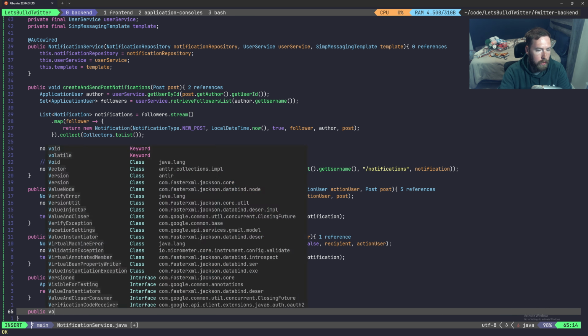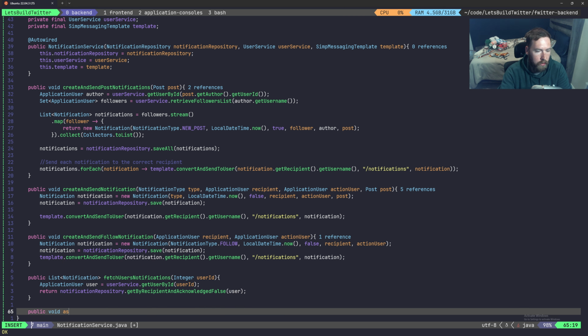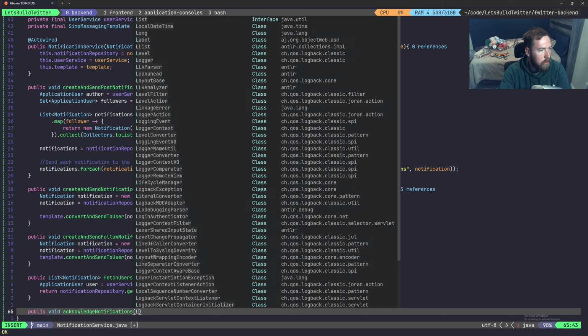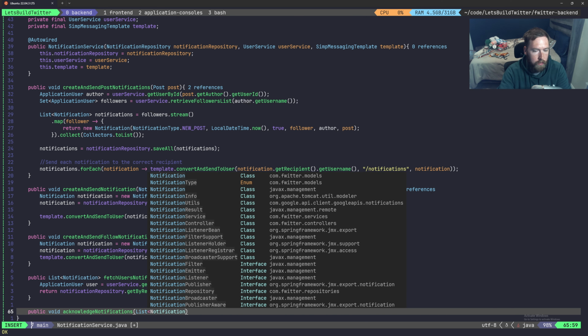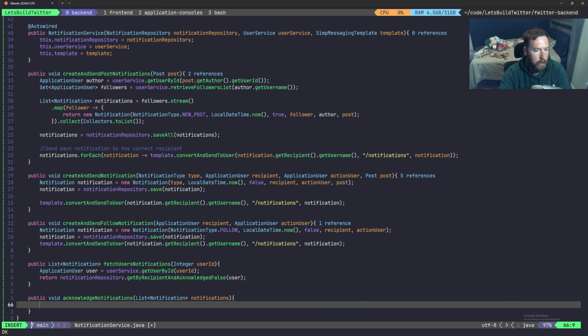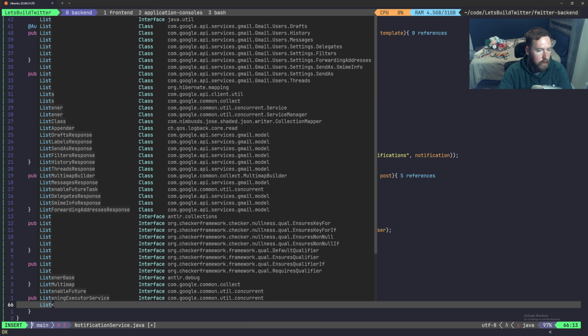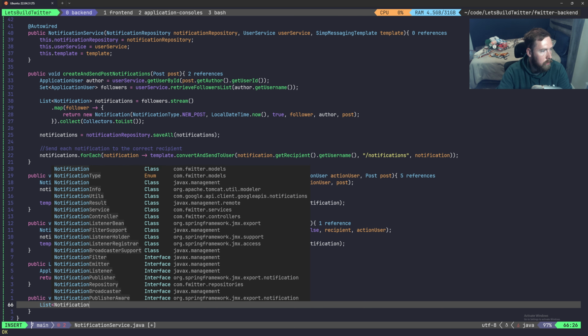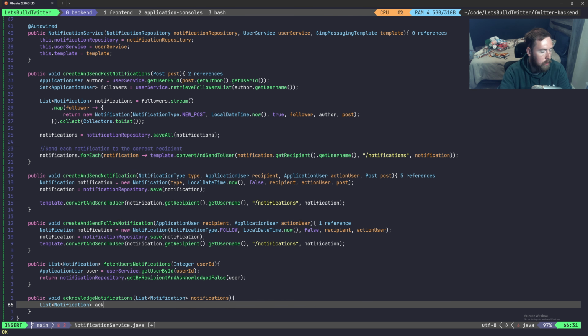We'll also have a public void acknowledge. So again, this one is also important. Then we make sure that the application knows we have seen the notification. So we're going to acknowledge notifications, List of Notifications, notifications. We're going to basically loop through all these notifications and save them. We'll say List Notification acknowledgedNotifications